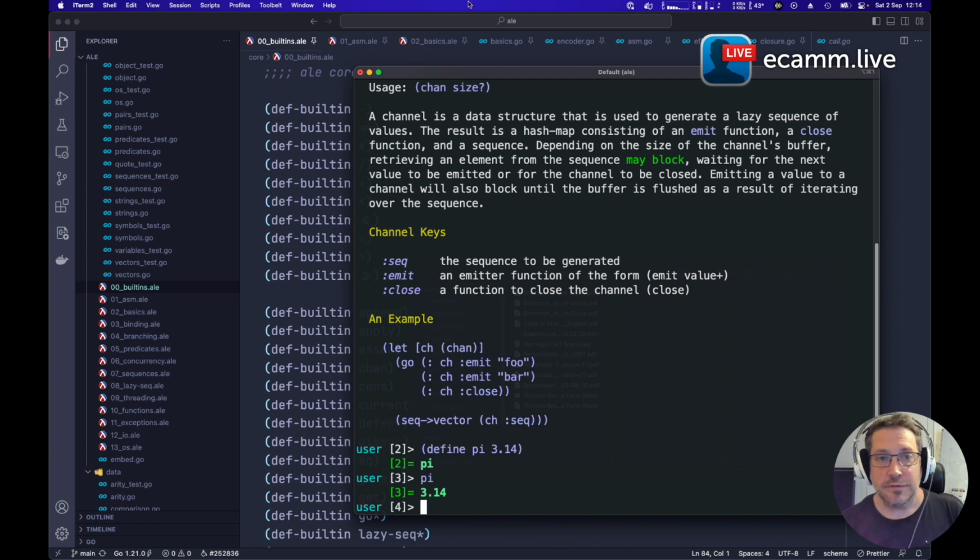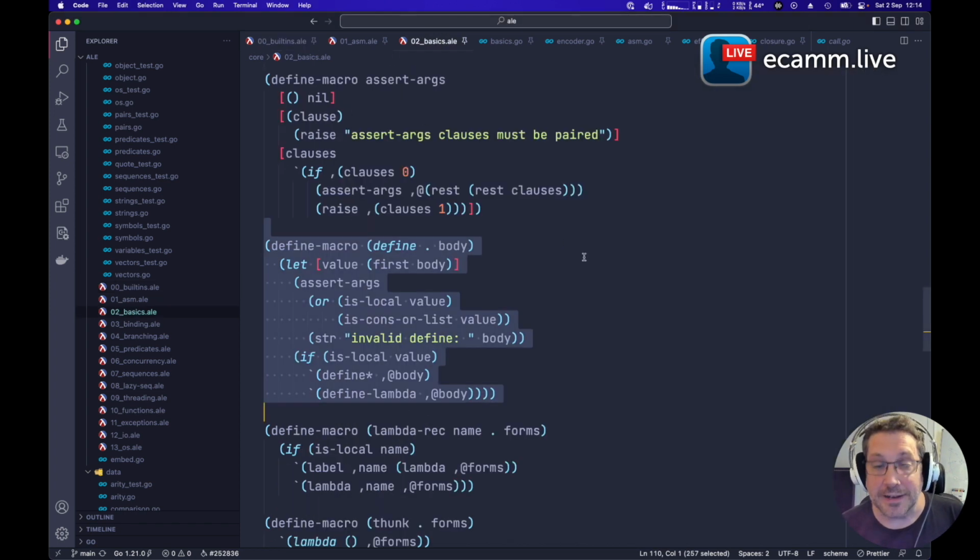I'm going to show you very quickly define itself. This is how the define function is defined in the language. And one of the things you're going to see is that it is a macro unto itself. I'll talk about macros in another installation. This would be its name. Then there's a dot, which basically means that it's going to treat the rest of the forms provided to that lambda / macro as a single argument,